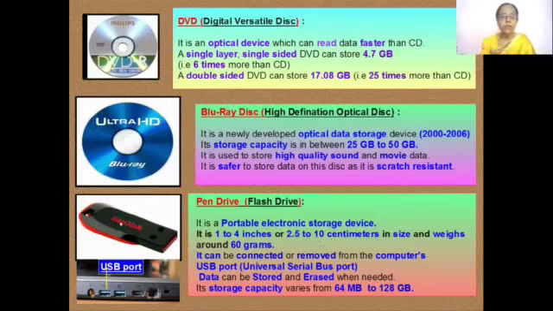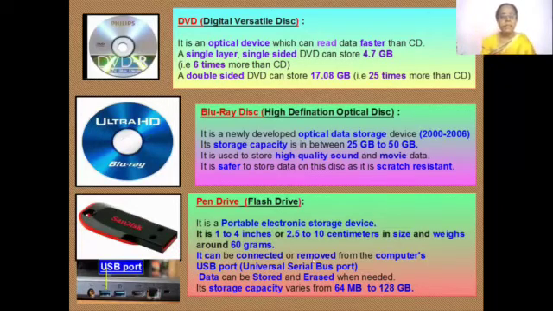That means you can just remove it from one computer and put it into another computer, and you can remove it and again put it, and you can see all the data still there. So it is very small in size. The CD and DVD are a little bigger, but this is very small. It's only 1 to 4 inches, about half of your finger. That is equivalent to 2.5 to 10 centimeters, depending upon the model. Some are a little bigger, some are very small. And the weight is only 60 grams.